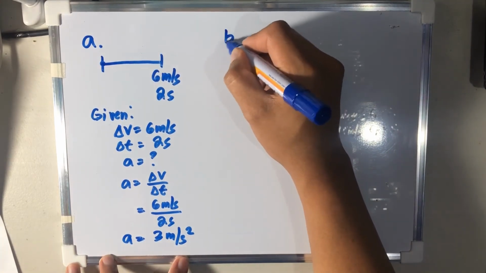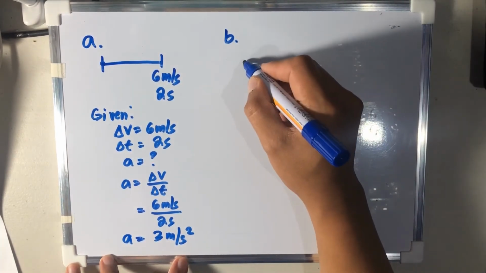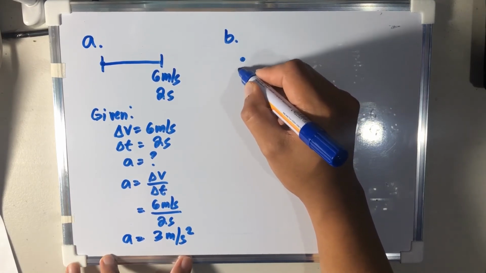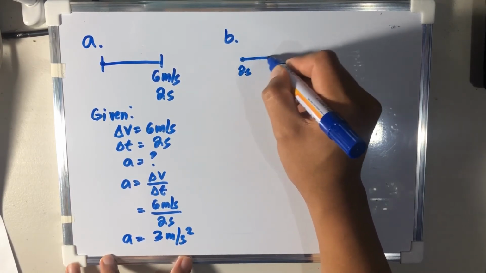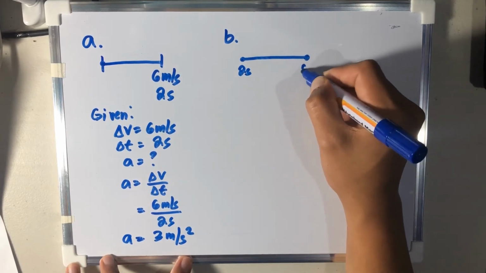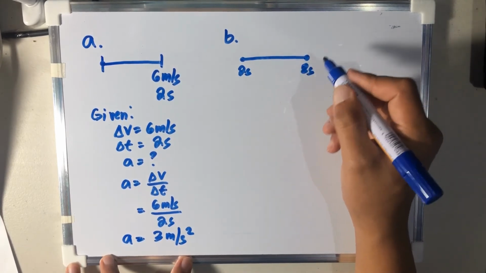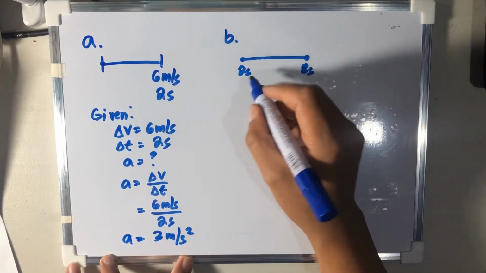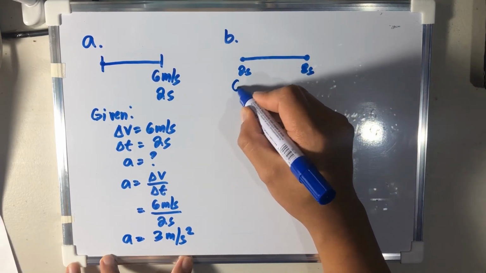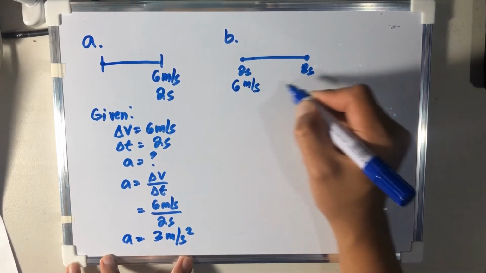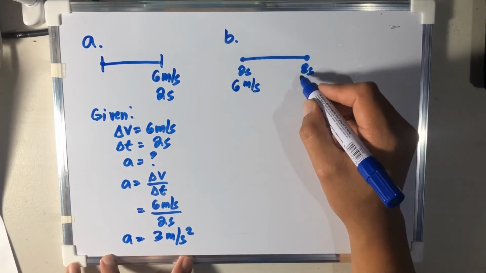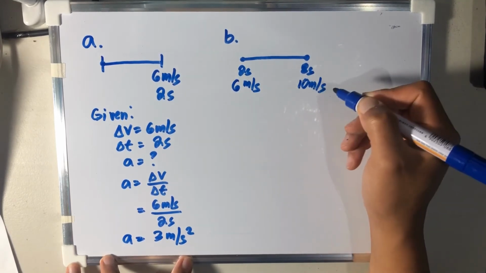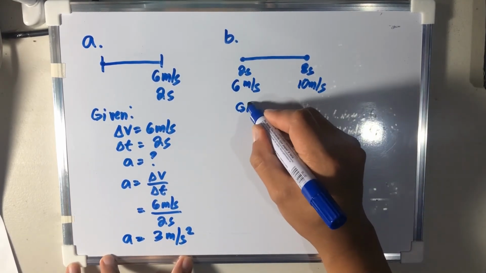Going now to letter B of the problem. For letter B, it will start from 2 seconds until the end of 8 seconds. So this is the time interval of 2 seconds to 8 seconds. At 2 seconds, we know that the speed of Lydia is 6 meters per second. Then her speed at the end of 8 seconds is 10 meters per second. So the given are